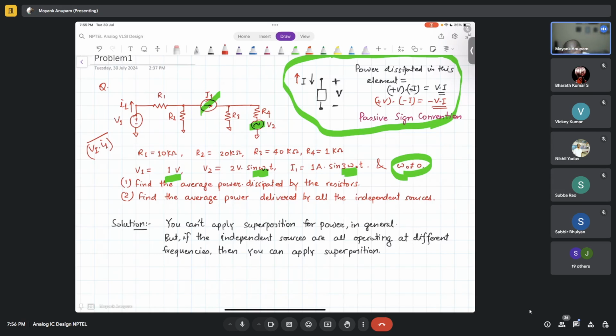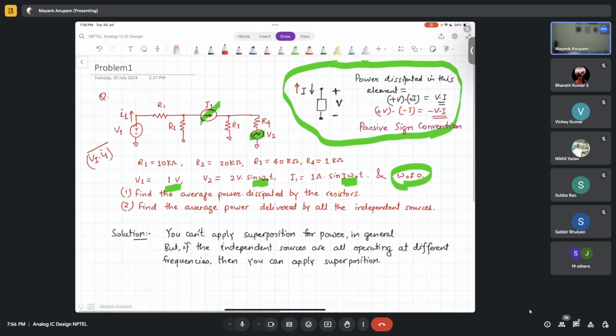Okay, you always have to follow this passive sign convention, wherein the first thing that you do is assign a positive terminal and a negative terminal to any element. Like in this case, let's say this resistor, I want to assign a positive node. So let's say this is positive, this is negative. Okay, so in that scenario, the current that will be taken as positive for this particular resistor will be